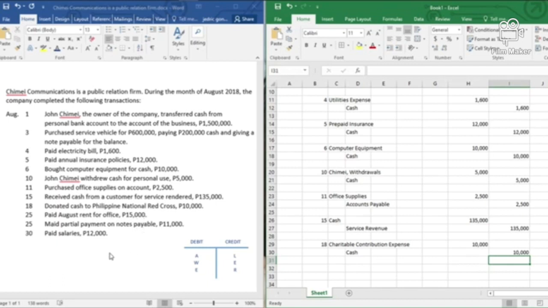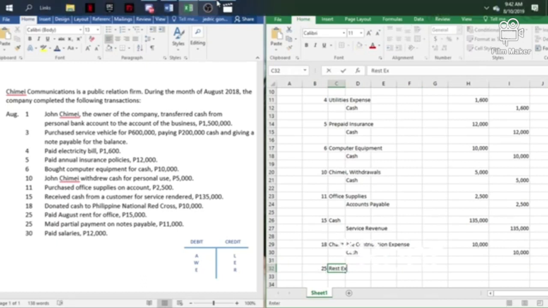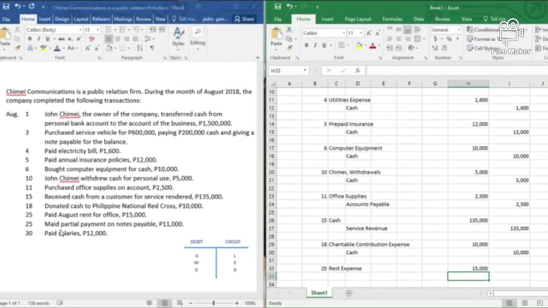Okay, so you're paying an expense na naman. So, expense for rent. Rent, nadagdagan ang rent mo. So, that is debit. So, 25 rent expense. How much? 15,000. Anong pinangbayad? Cash. Again, kapag may word na paid dyan, ibig sabihin ang credit mo na automatic is cash. The same amount, 15,000.